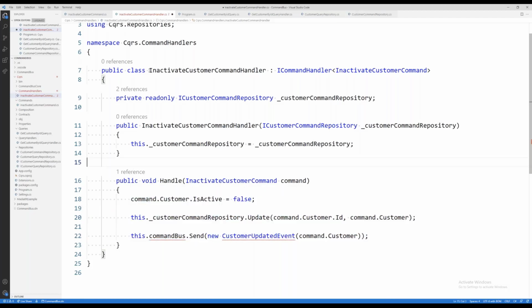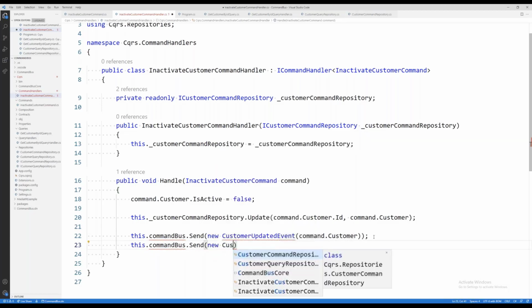And the way that you name them is you name them based upon the action you're doing. So again, in this case, I'm trying to inactivate customer. Well, when I have a customer that I want to inactivate, what all do I want to do? Well, the first thing I want to do is set the is active flag to false, and then save that to the database. But then I also want to fire off this event, and then I might also want to re-get the new customer, right? So I could say this.commandBus.send new customer